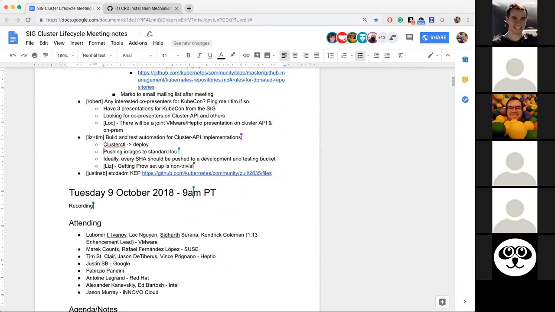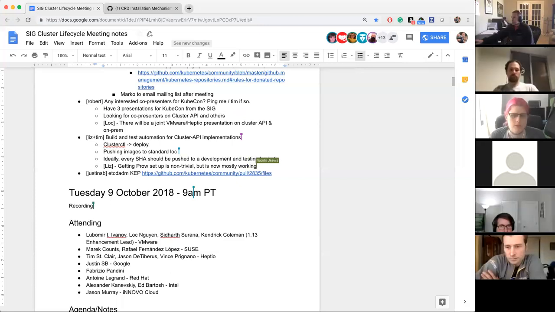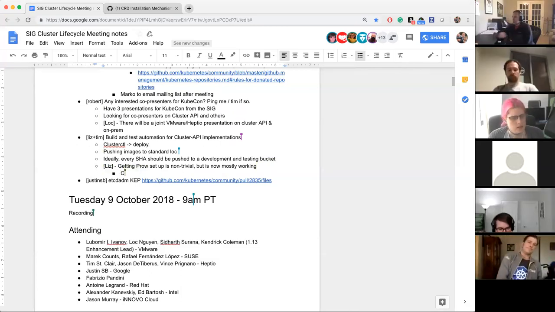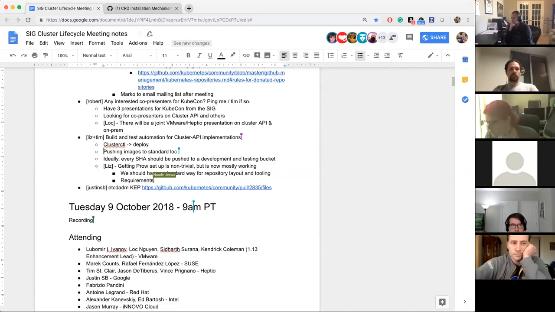And given that we have so many of these cluster API providers, it would be really nice if we had some standard way that the repositories were laid out, that we could build tooling around them. Obviously, the requirements for actually testing them are going to be different depending on who the back end is. But